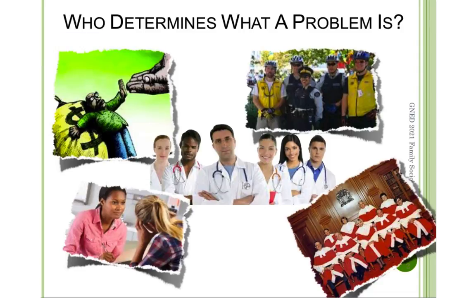Now, what is a family problem changes over time. What was once accepted as normal can today be seen as a family problem. For example, homosexuality was at one point seen as a family problem, but now it can be viewed as normal. Spanking, or worse. There were times when it wasn't considered a big problem. It was something that was kind of accepted. Today, it's not. It's seen as a problem.